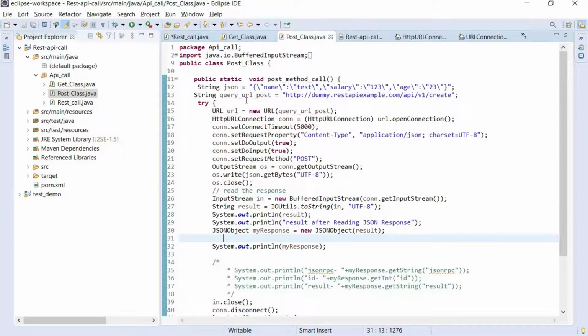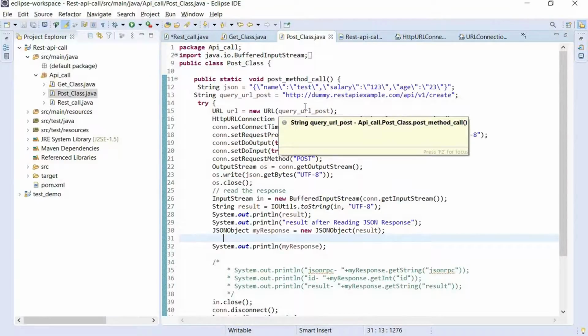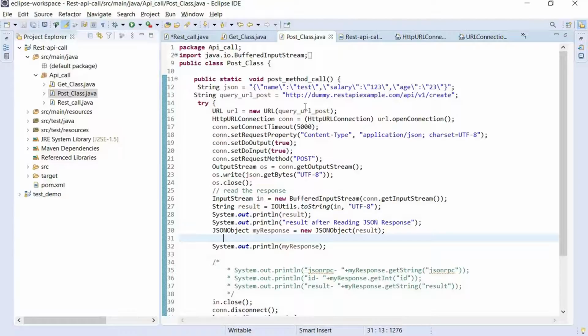The next thing that we are going to assign is your URL. So here I have assigned a URL as query URL post, and the URL is http://dummy.rest-api-example.com/api/v1.